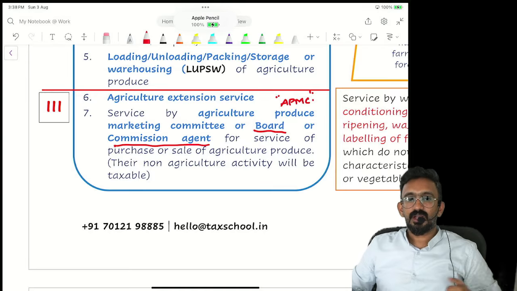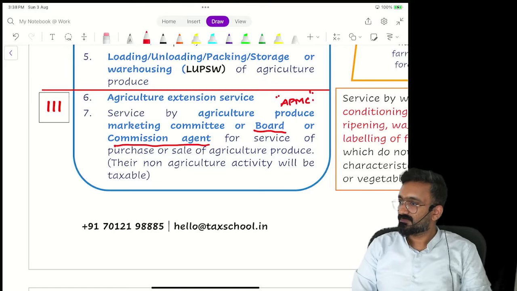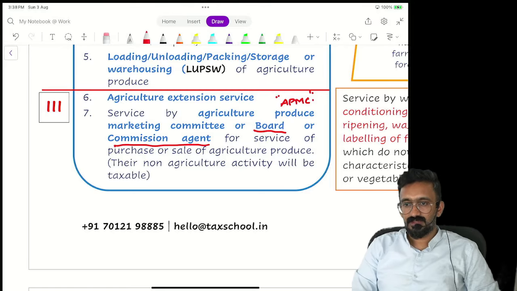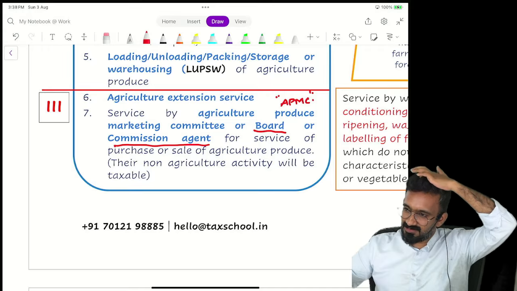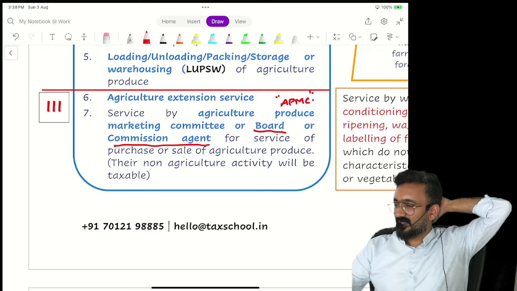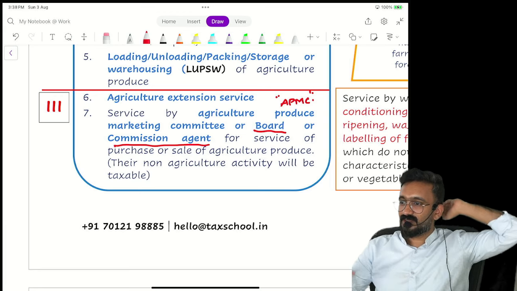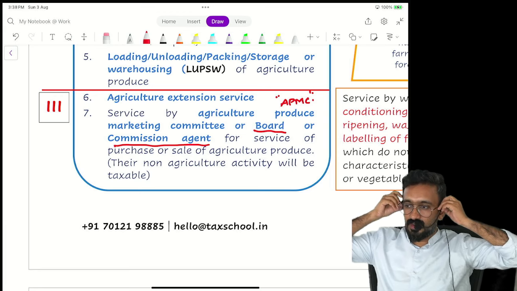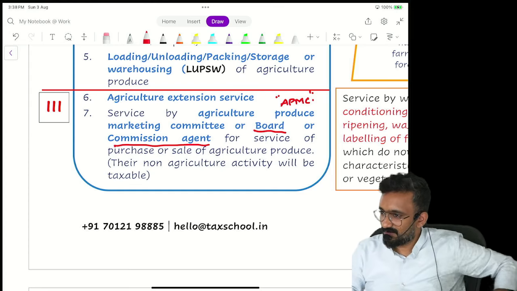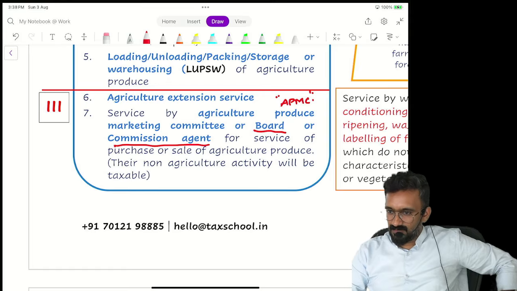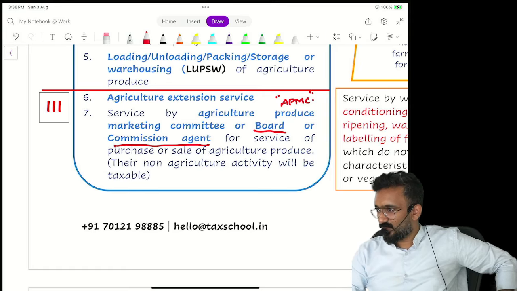What is the income for agriculture produce markets? So I'm having a paddy market. You can purchase only from this market as a consumer. Corporates, everybody will have to come through this market, and the base price is fixed by the market. What is the income for the market? When products are sold through the market, a percentage of that is paid as commission to the market. Whoever runs the market, the association or the board.